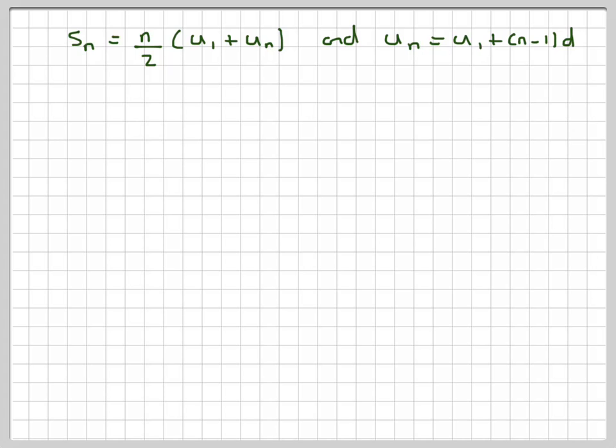Now, this relies on knowing the first term and the very last term of the series that we're going to add together. What do we do if we just had the first 3 or 4 terms and we're asked to find the sum of the first 100 terms? Well, we know that any term of a sequence is this. So if we take this and place it in here instead of this,